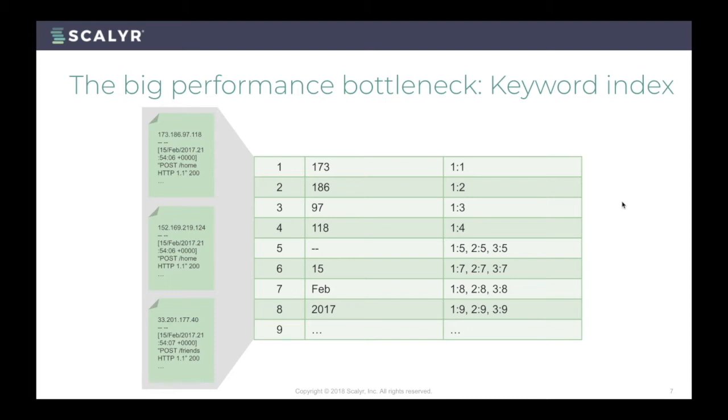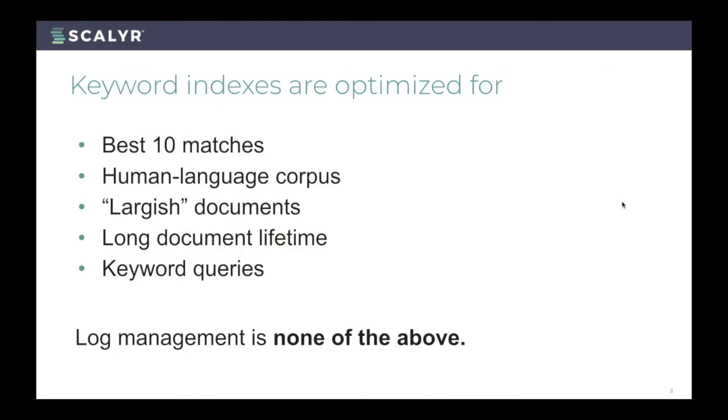We looked at our competitors who are all using keyword index-based solutions. When their data is coming in, they build and maintain a keyword index which can then be used at the time of search to reference where certain words or tokens appear in the dataset. This approach works great for web search. It works great when you need to show the top 10 matches and when you're working with human language corpus, largish documents. This is great for data that doesn't change really fast,